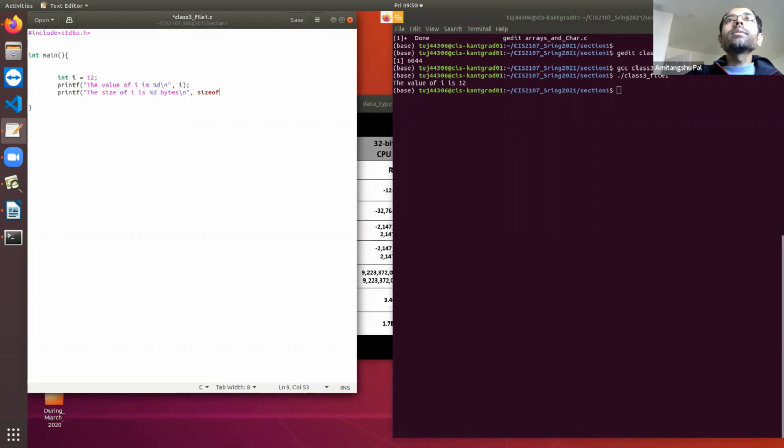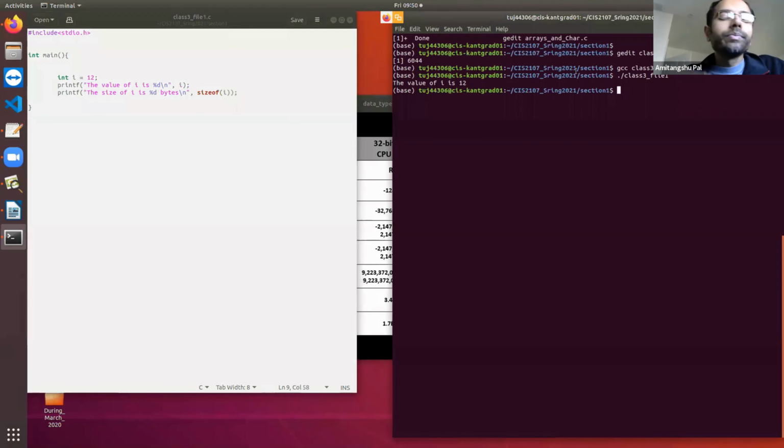So you've already learned the sizeof function, right? And I have already told you that whatever you pass inside the sizeof function, it will return the number of bytes that entity takes in the memory space, right? So in the last class, I have shown you that if you pass an array, then it will return the number of bytes that array takes in the memory space. Clear? Similarly, if you pass sizeof I, it is going to return how many bytes it takes in the memory space. Clear?